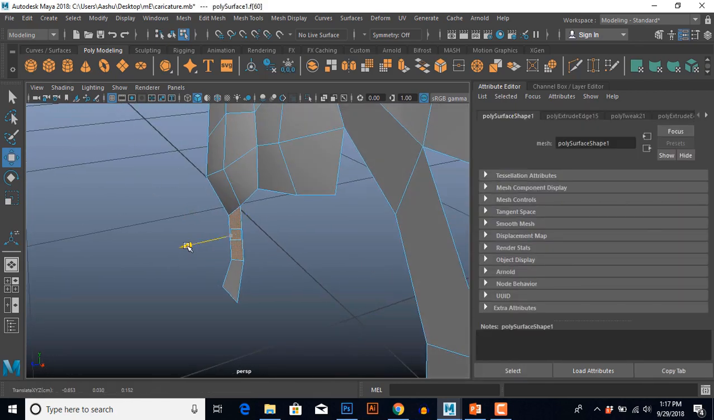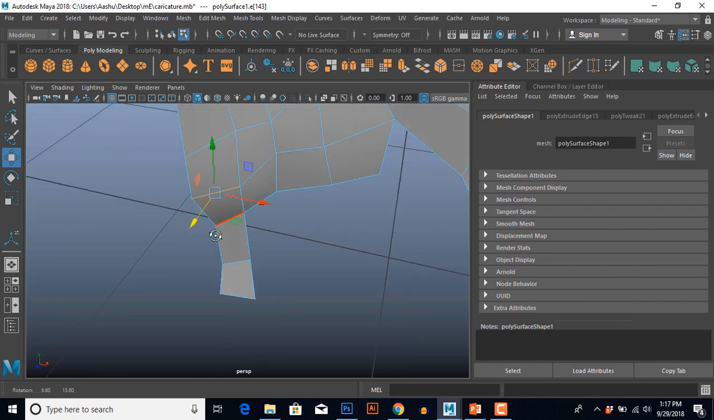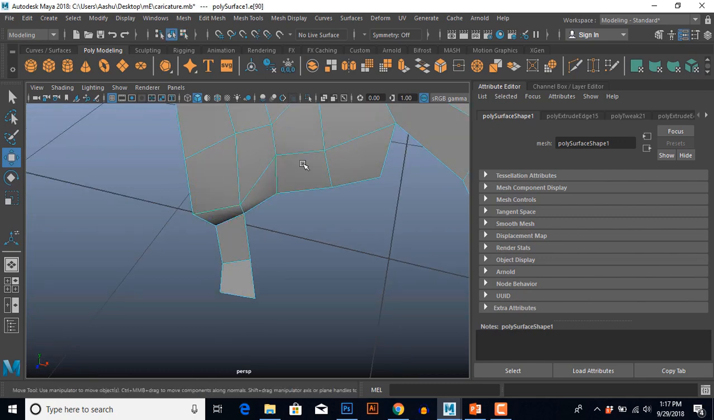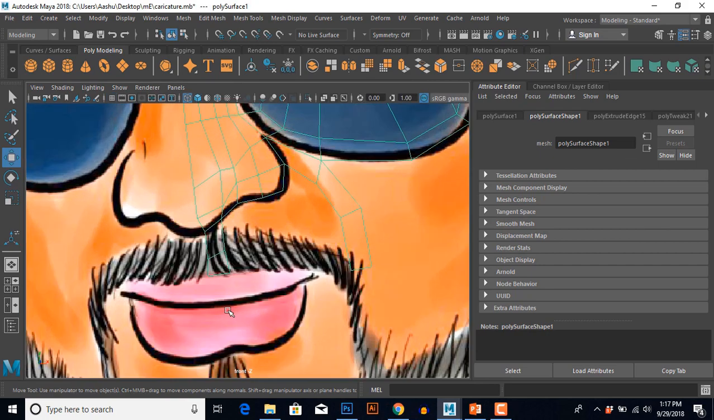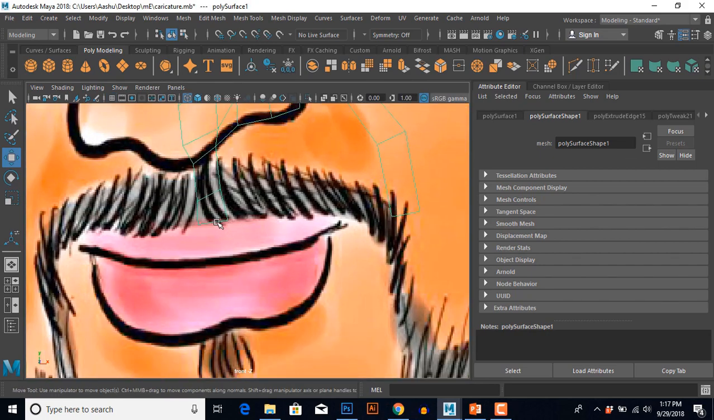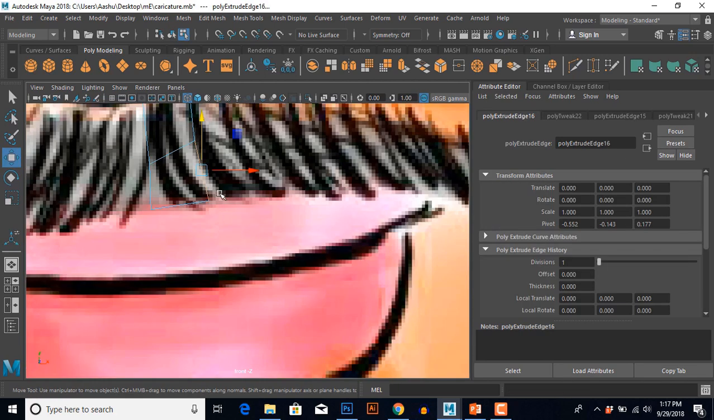This face should be pushed a little bit back so that we get no shape here. Now from front view we extrude this edge like this and rotate it towards the